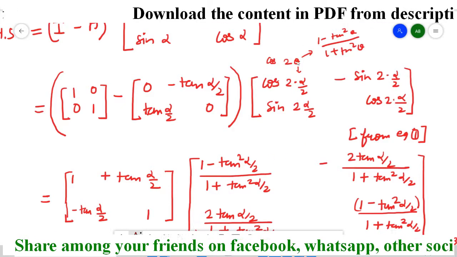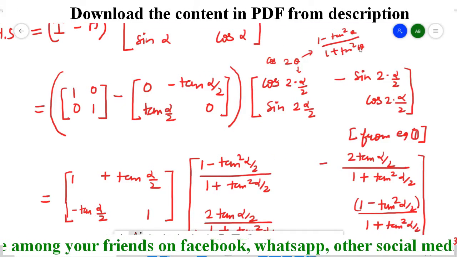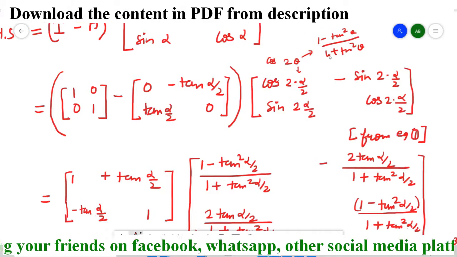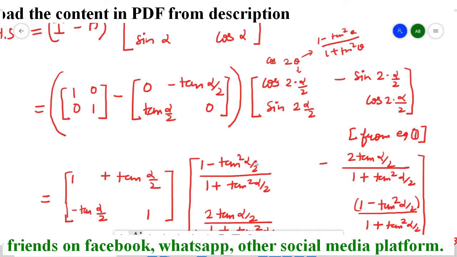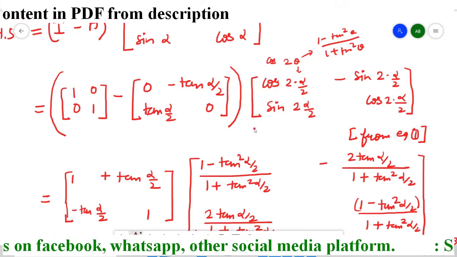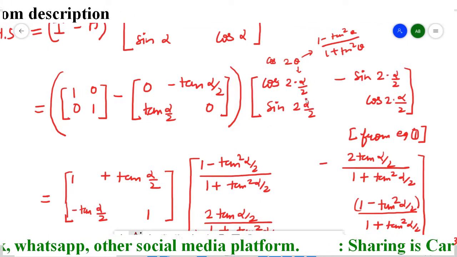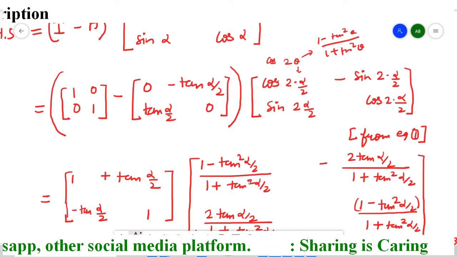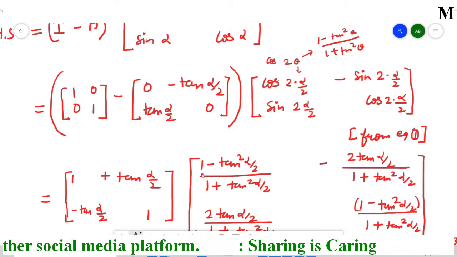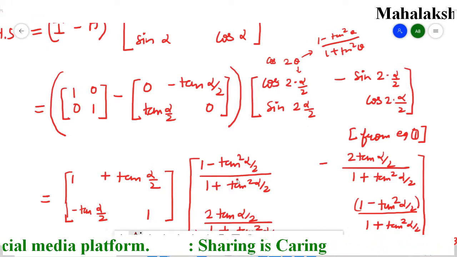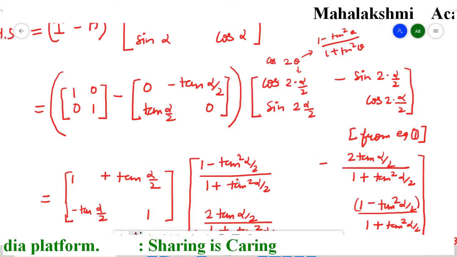So when 2 theta is there, that time here only theta appeared. This 2 is vanished. So to write down its answer is going to be 1 minus tan squared theta. What is theta here? Alpha by 2. So like this I obtained this answer. So it is the formula of cos 2 theta here. I hope it's clear to you. Cos 2 theta formula I wrote here.